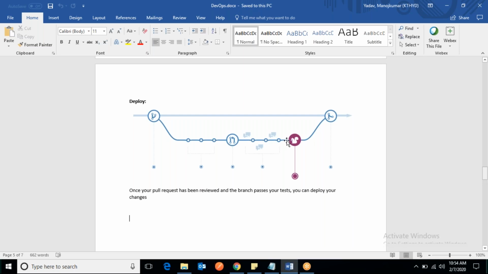So suppose you have a workflow like this: this dev branch will be deployed in the QA environment first. If testing is done there and everything goes fine, this will be merged to the master, means your production branch, and then you will schedule a release, or it will go and deploy to production. Once that testing is done, again you need to do a deploy.